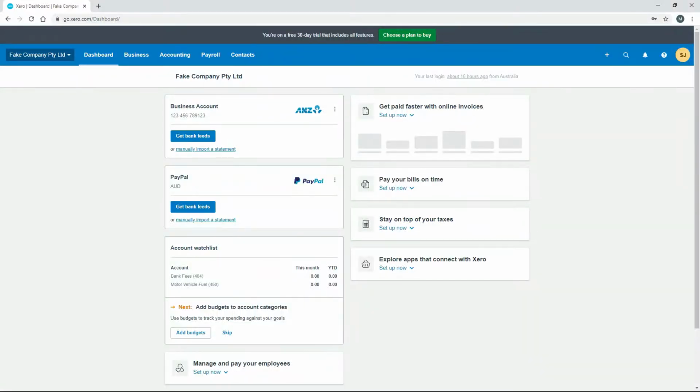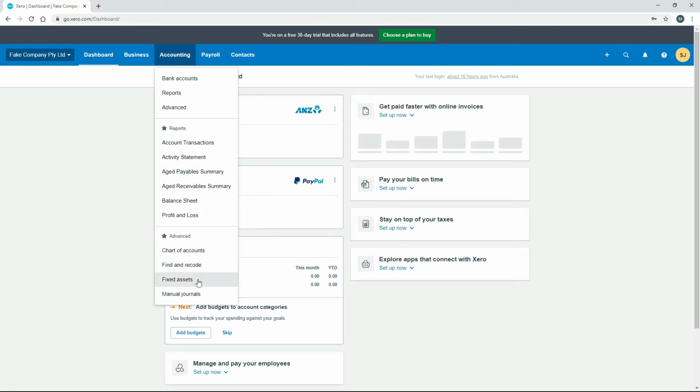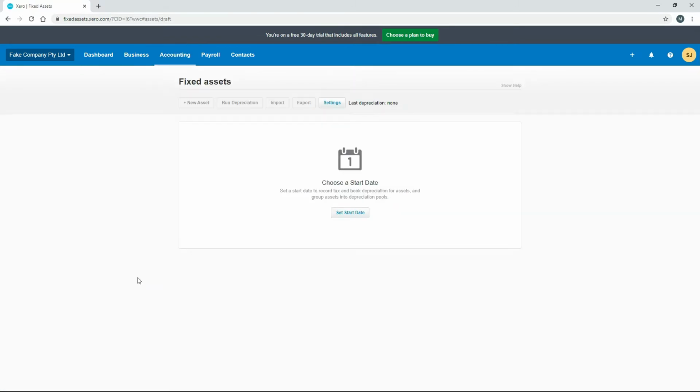Now I have to do this in a real company rather than the demo company, so just start off on the dashboard, and from here just go to Accounting and Fixed Assets. Okay, and because this is the first time we've come into the fixed assets in our new Xero file, it's asking us to choose a start date. So this is a start date to record tax and book depreciation for assets. So you need to click on Set Start Date,